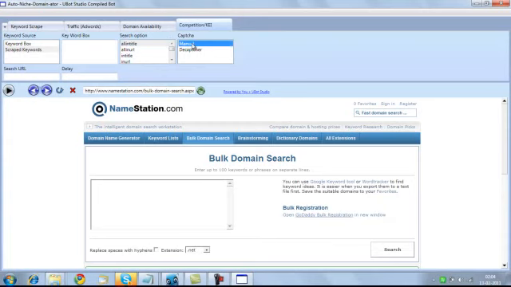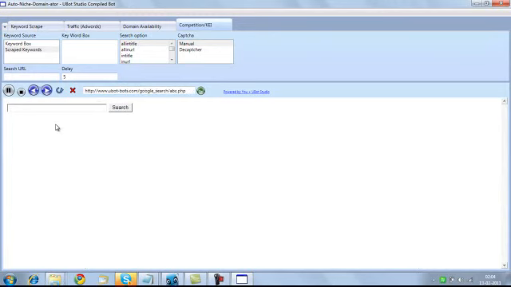I'll select the CAPTCHA manually. Sometimes Google actually pops up CAPTCHAs when you send automated queries on Google. So if you have an account with dCAPTCHA, you can very well use the dCAPTCHA service for this purpose. I'll select the delay as 5. So there would be a 5 seconds delay between each of the queries. That is to make sure that Google doesn't detect it as automated queries and doesn't block your IP so easily. So I'll just hit the play button.